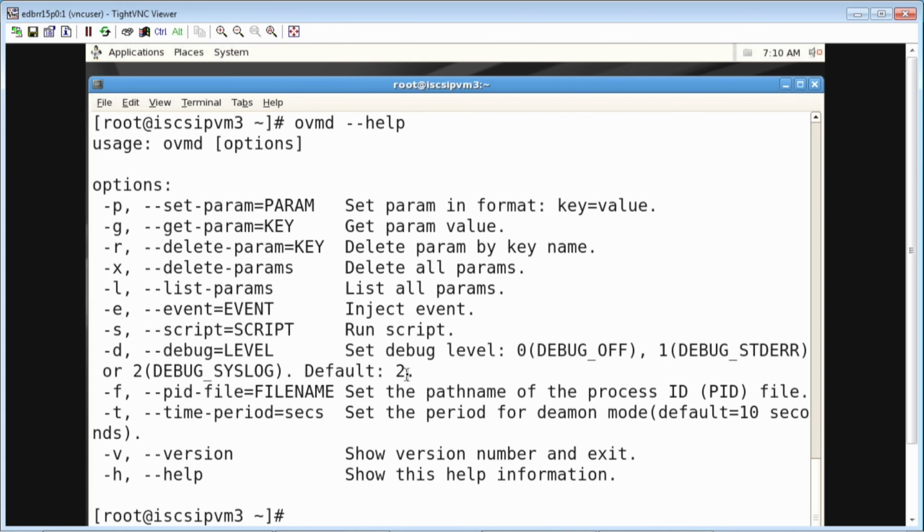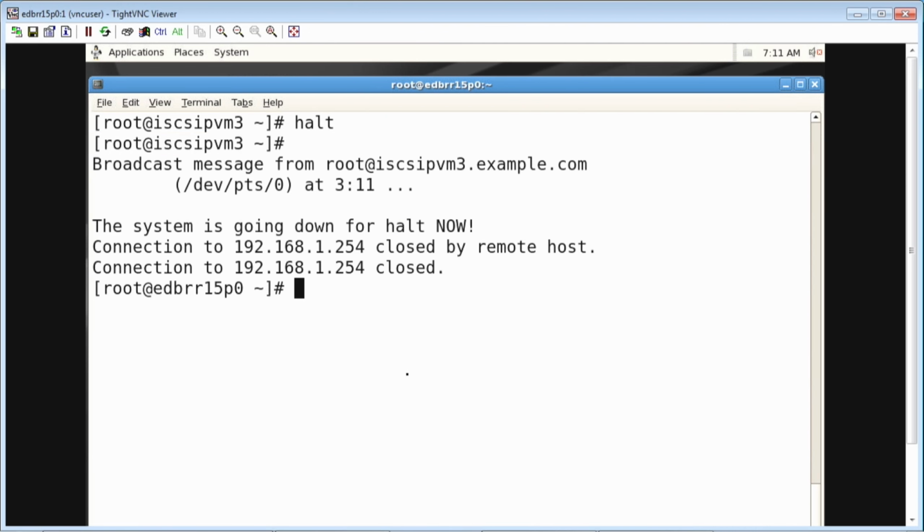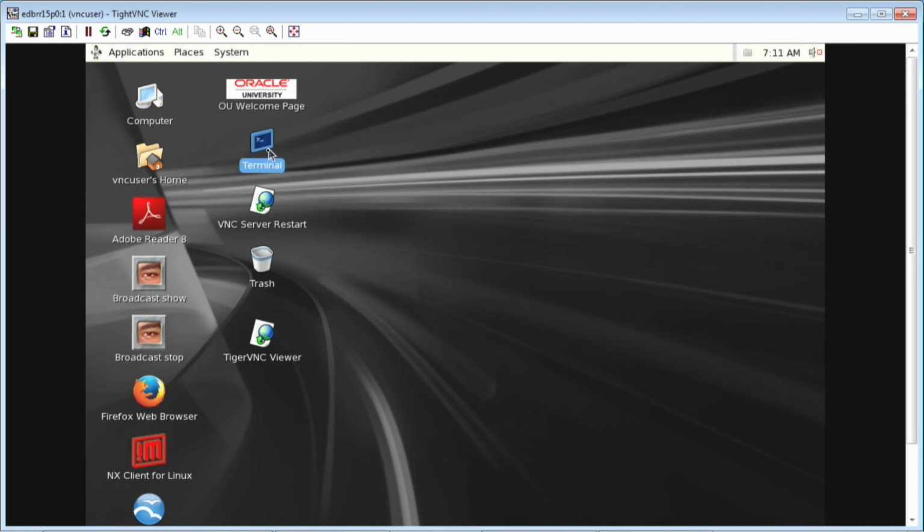Well, the next step is to stop the X86-PVM3 by using the halt command. So with the halt, okay, we should get these messages. Well, we start the X86-PVM1 virtual machine, and we uncompress the file containing the Oracle VM guest edition packages. Remember, we need to start a new terminal window